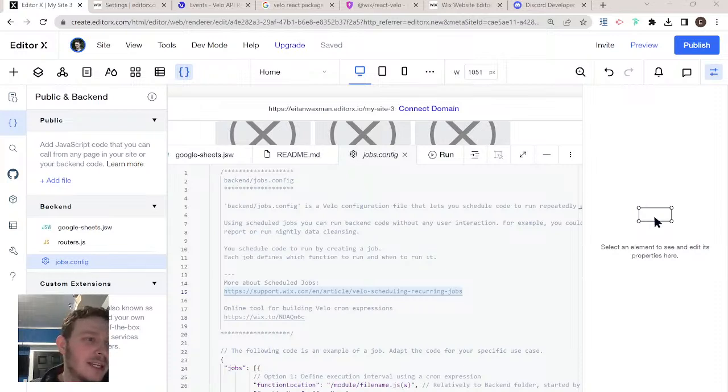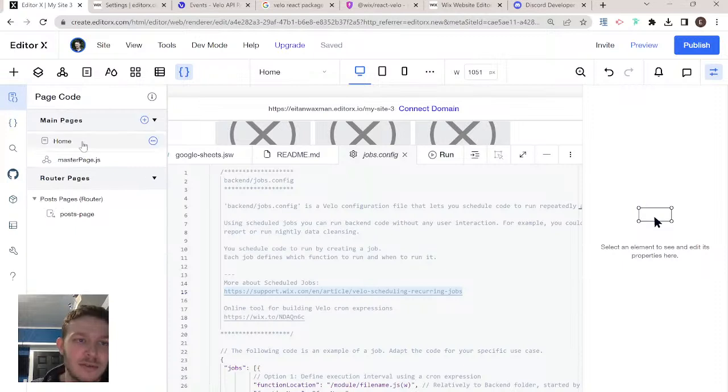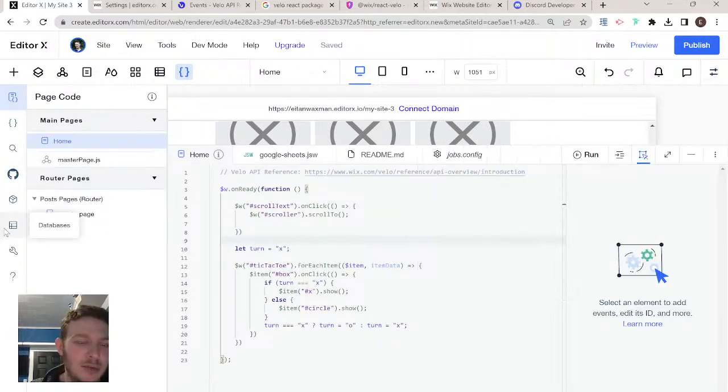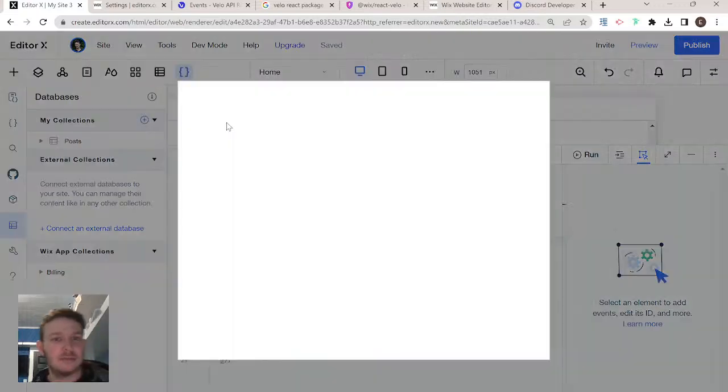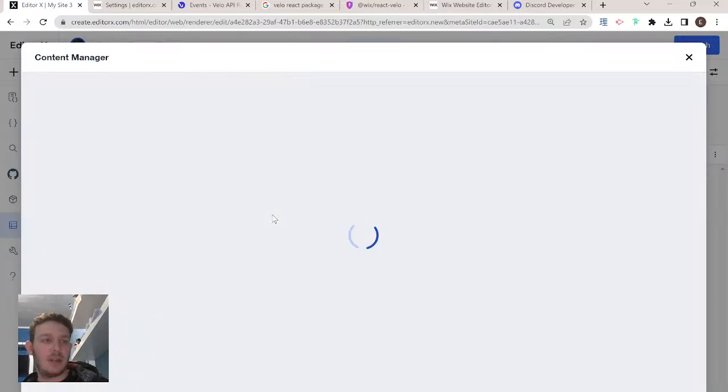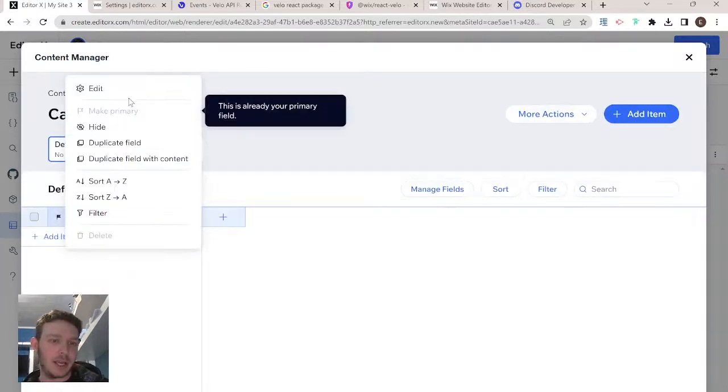Getting two numeric data values from a collection, adding them together, and placing the result back in a collection. Yes, I can demonstrate that. So let's go here to Home, and I'm going to create a collection. Let's call it Calc. And here we're going to have